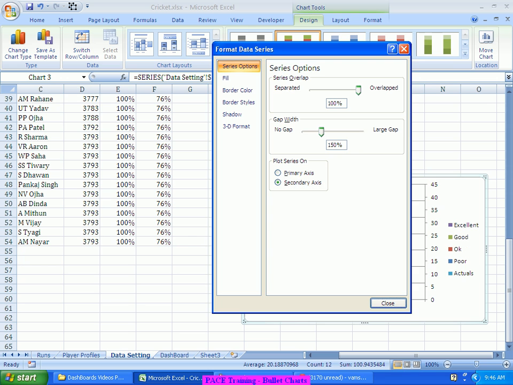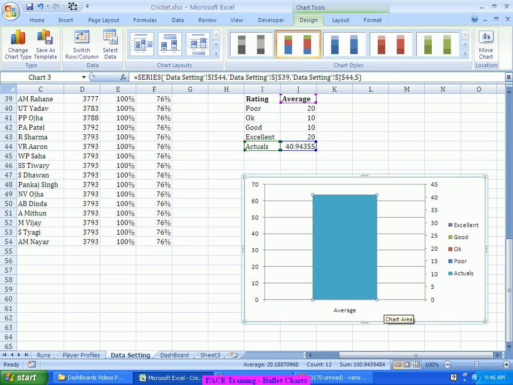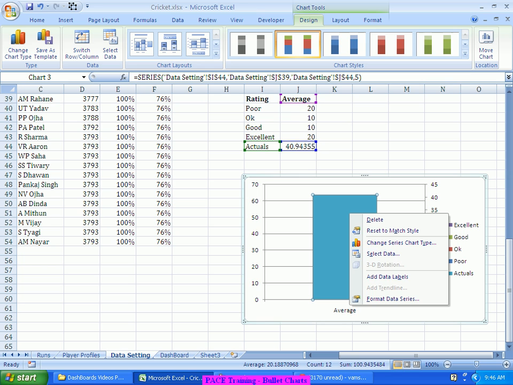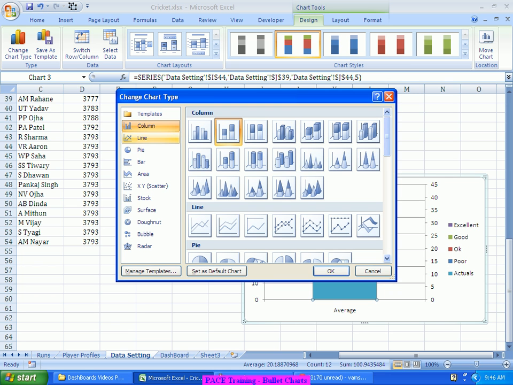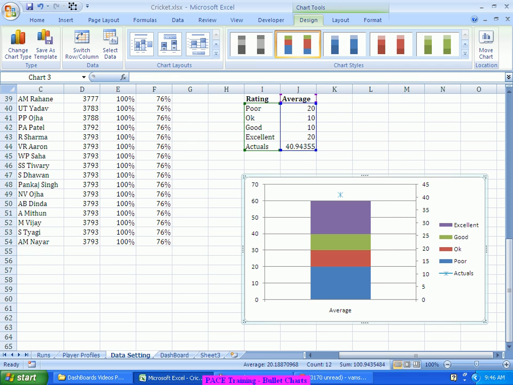We change the plotting of this onto the secondary axis, but now one is dominating the other. The reason being your secondary axis is getting superimposed over the primary axis, and both of them are of the same type. So what you can very well do is change the chart type of that into a line chart with a marker, so that you are getting the marker here,